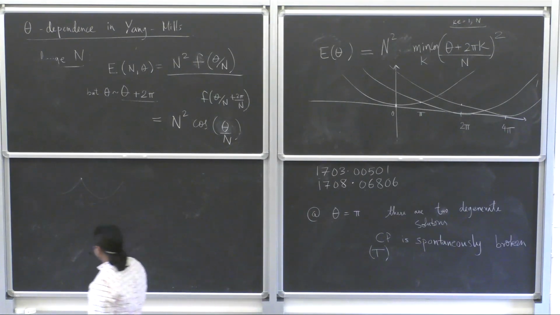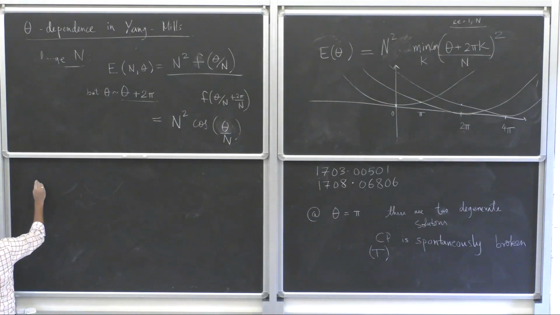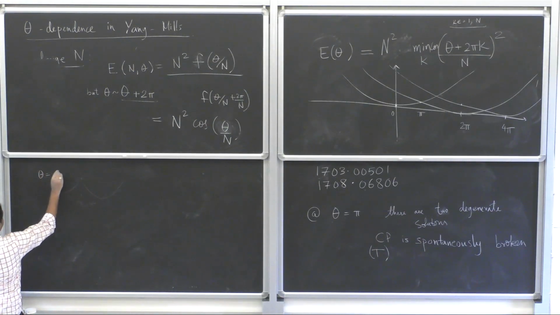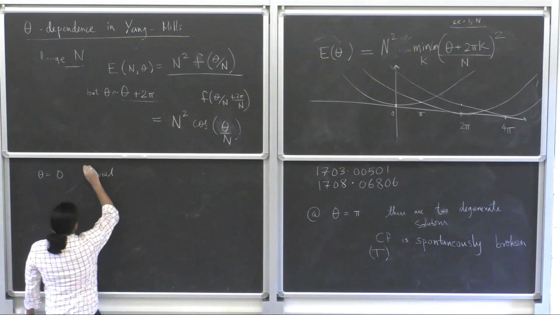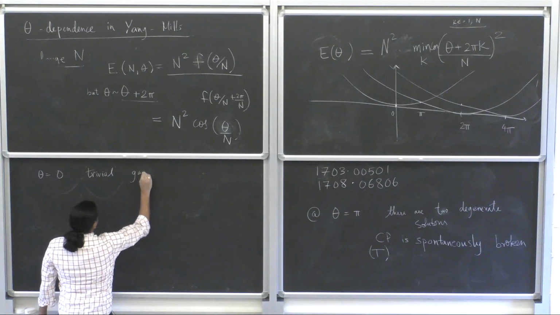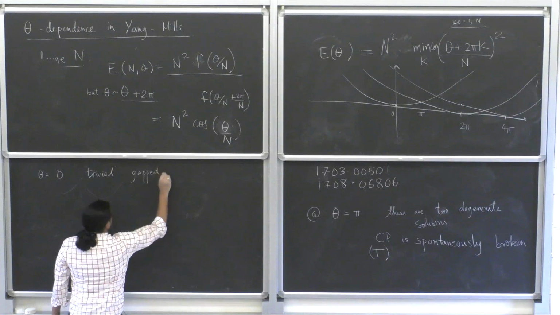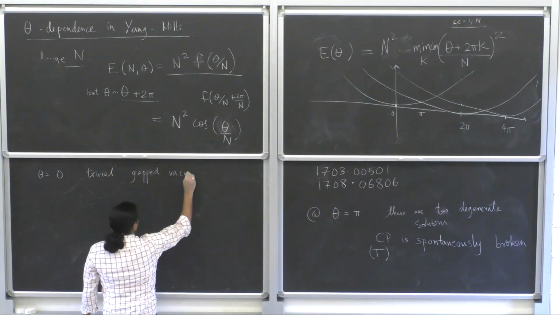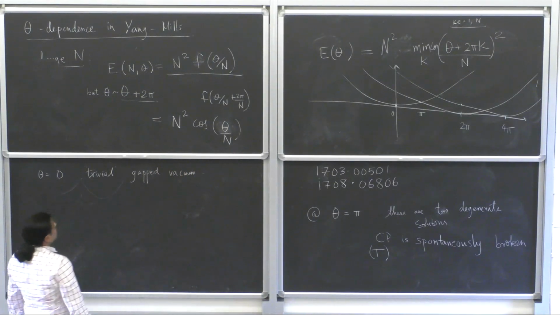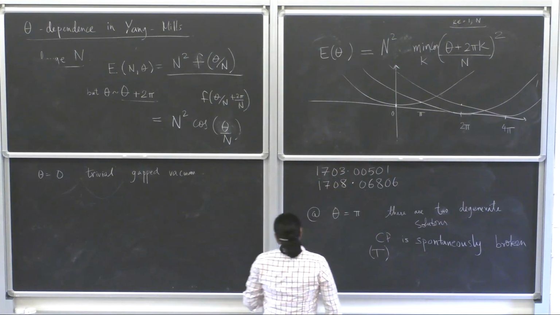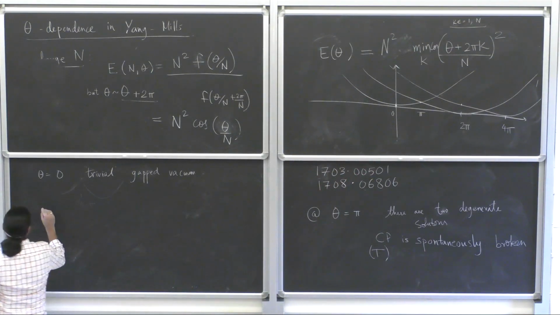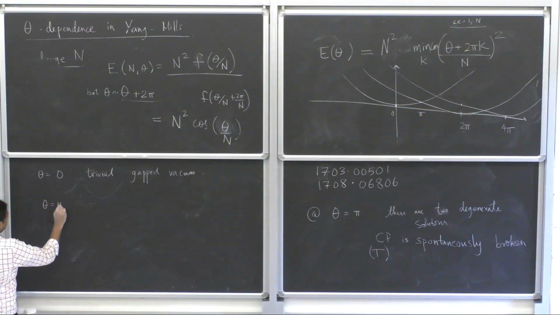So let me say the words. At theta equals 0, there's a trivial gapped vacuum. There's a unique vacuum at theta equals 0. It's like sitting at the bottom of one of these wells, and there's nothing more interesting than that going on. At theta equals pi,